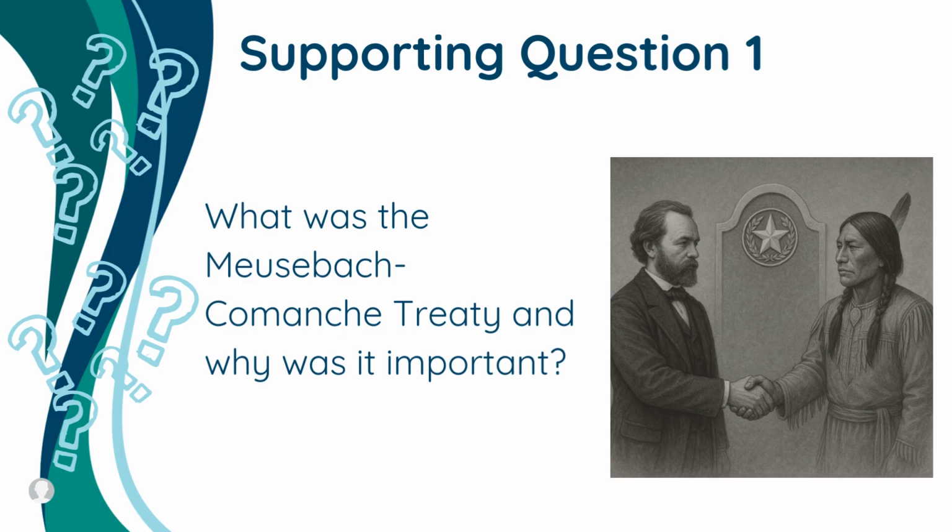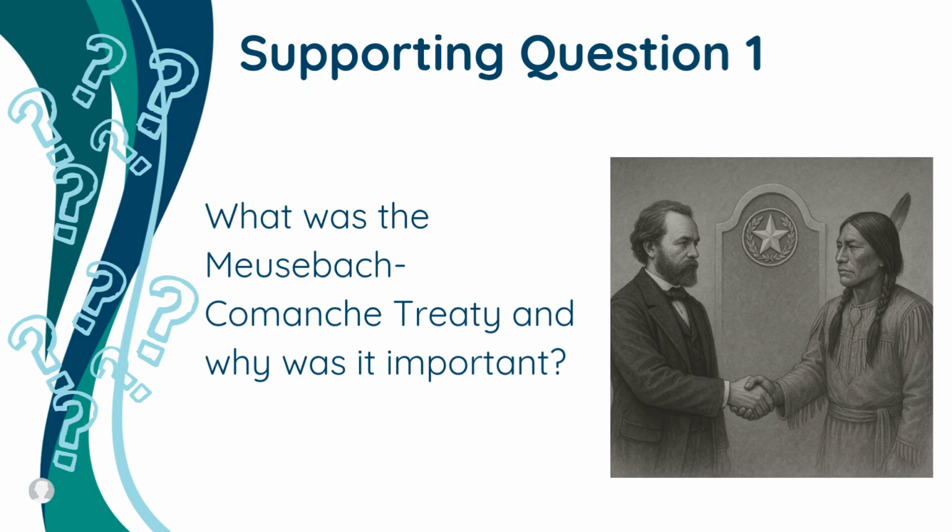So here is our supporting question 1 that breaks the inquiry into those more manageable steps and guides students towards the knowledge they have to build in order to answer that compelling question. They're like the path to the final argument. Each supporting question opens a doorway to content: why immigrants came, which towns grew, what economic activities mattered. These smaller questions scaffold the big thinking and allow students to collect the evidence they need when they construct their